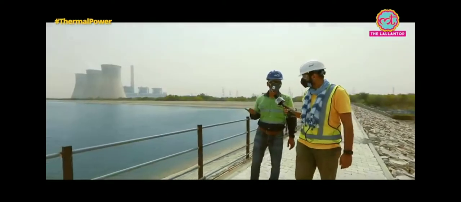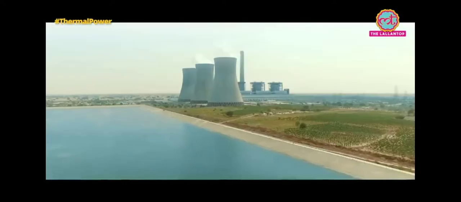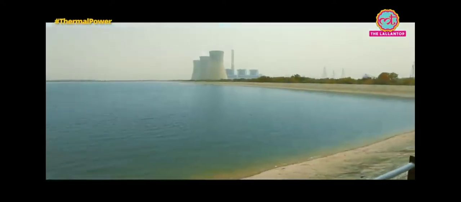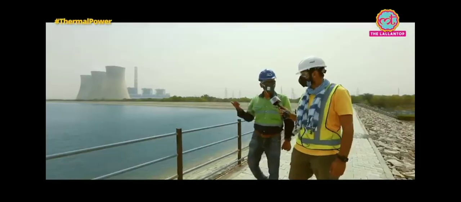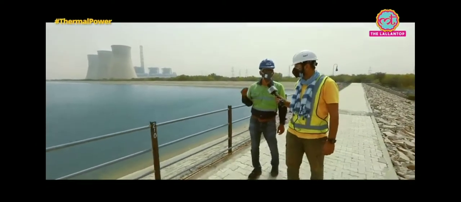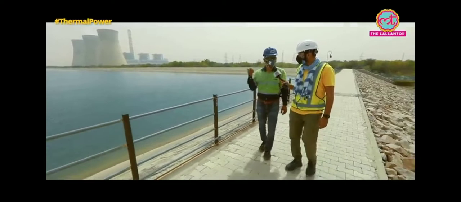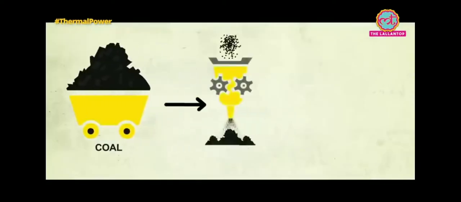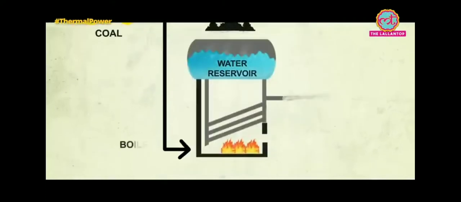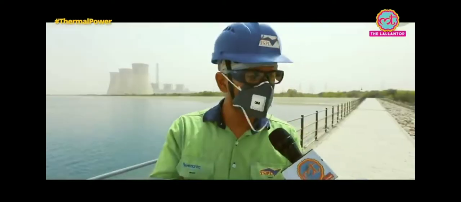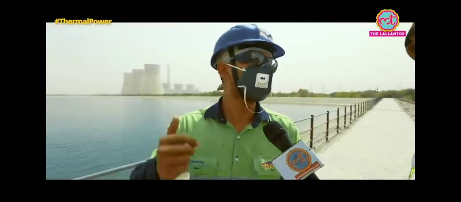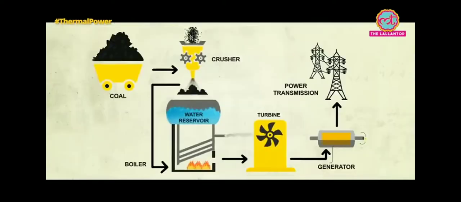Water reservoir, it is one of the main resources for the plant. They do demineralization by RO plant for improving the quality of water. This water is carried towards the boiler. After burning the coal, the water gets converted into steam, and then this steam strikes on a turbine. Because of this, the turbine gets energy and it rotates, which is connected to the generator. Because of which the electricity gets produced.